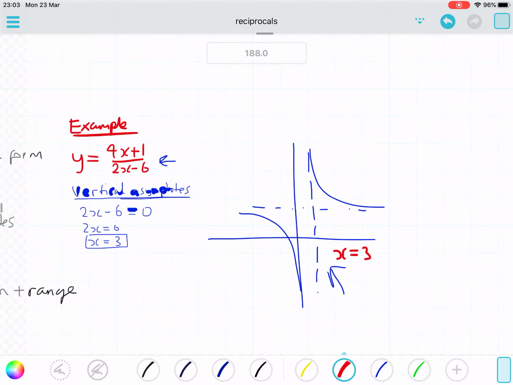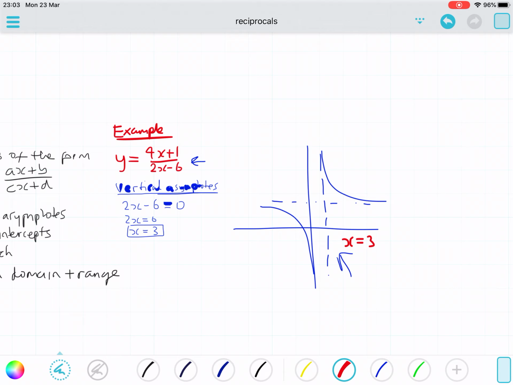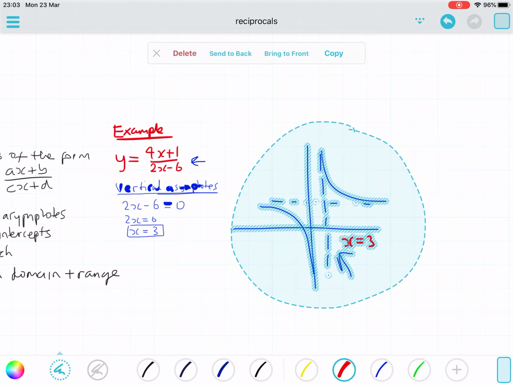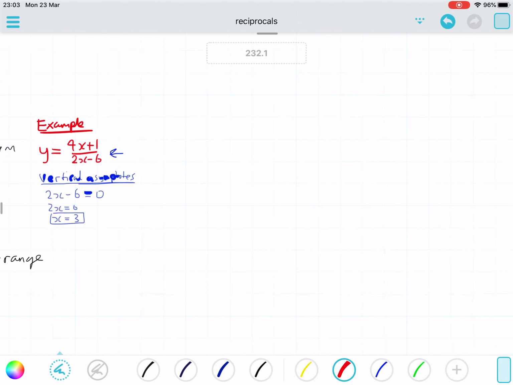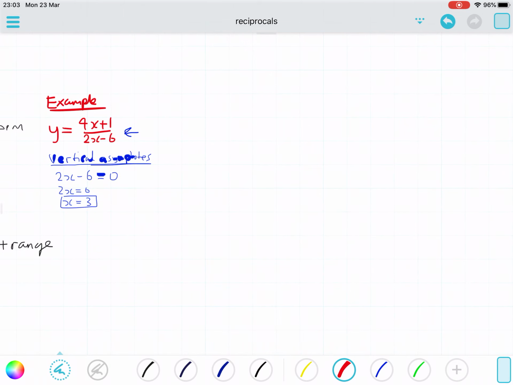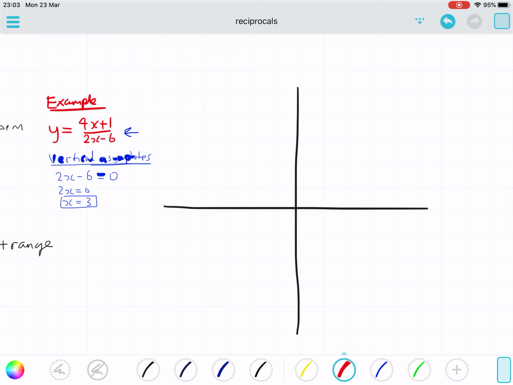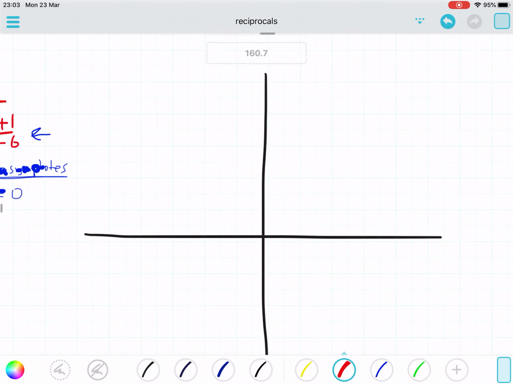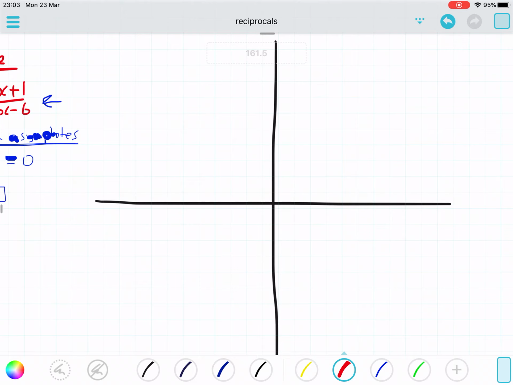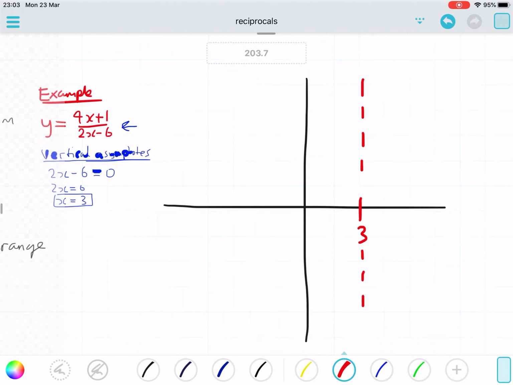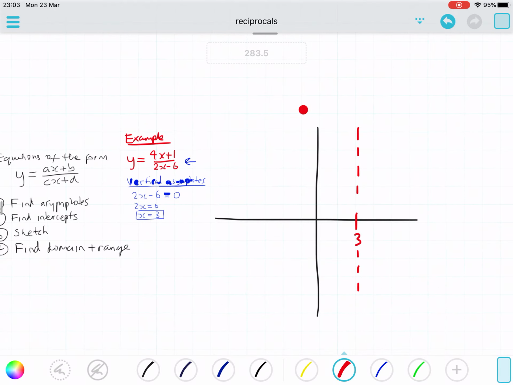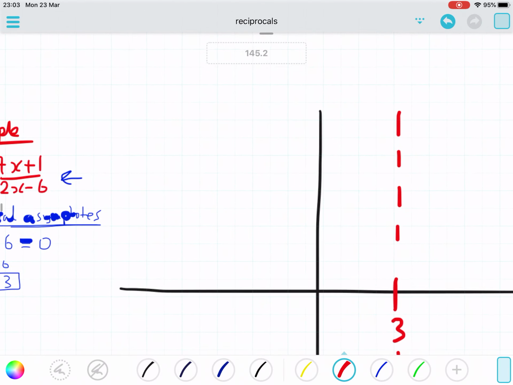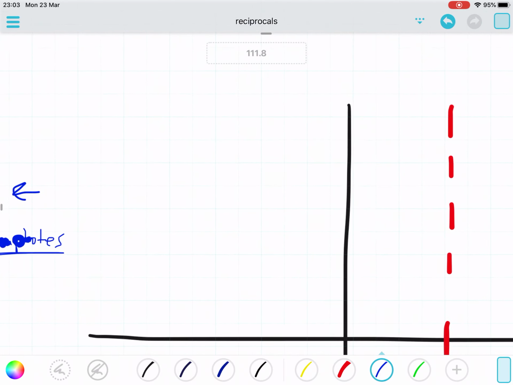So if we do a bit of a better sketch, we can start to add things onto it. So let's put this here. We now know that there's a vertical asymptote here at x equals 3, like that, because that's the division by 0 bit. Now let's try the horizontal. A little bit more tricky with the horizontal,